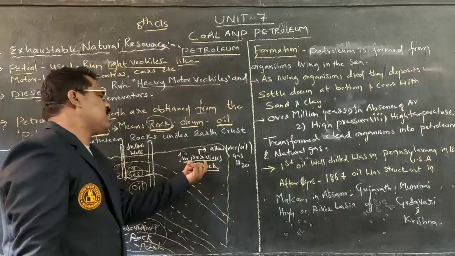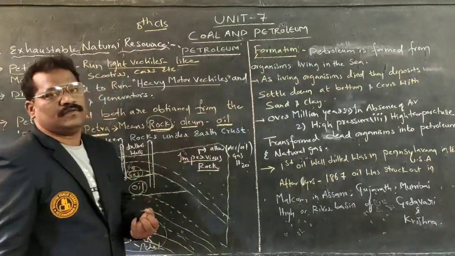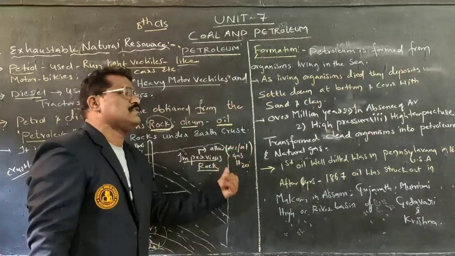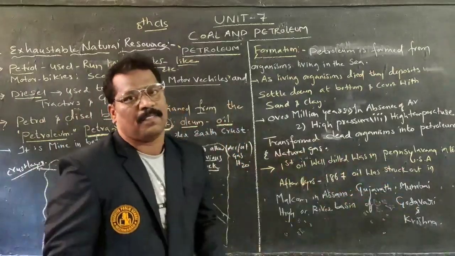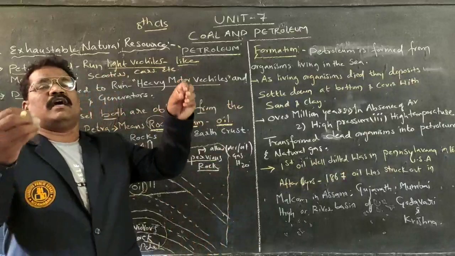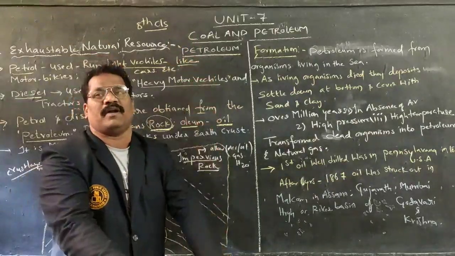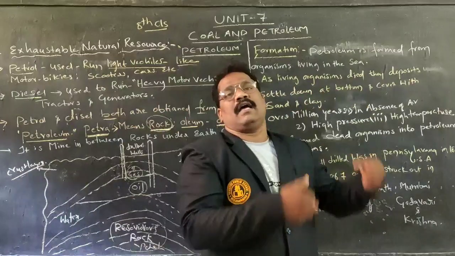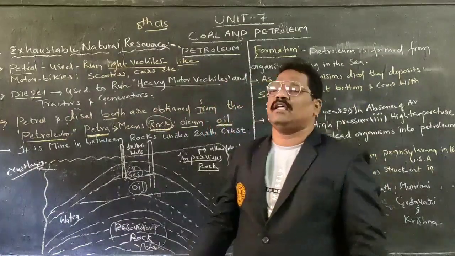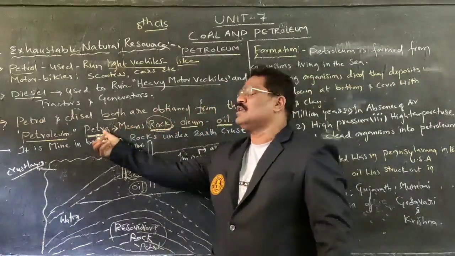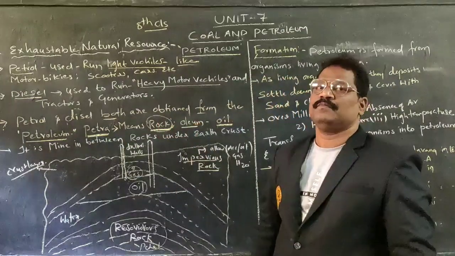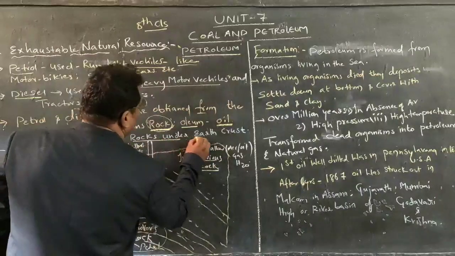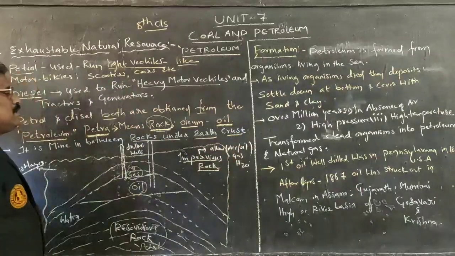That rock is nothing but what? Impervious rock. This impervious rock does not allow air, oil, gas, or water to flow. Due to that reason, they drill into that particular impervious rock to extract gas, natural gas, as well as a product called petroleum. It is a mine in between rocks under the earth's crust layer.